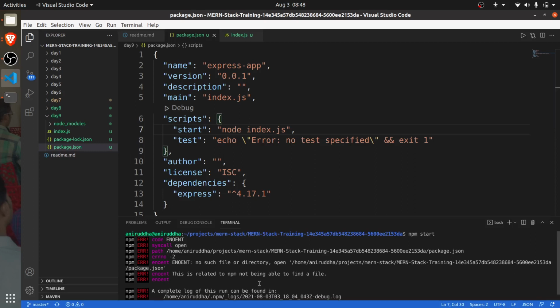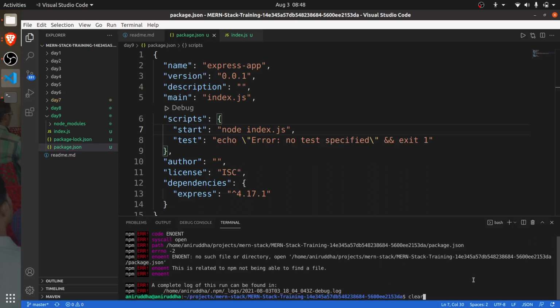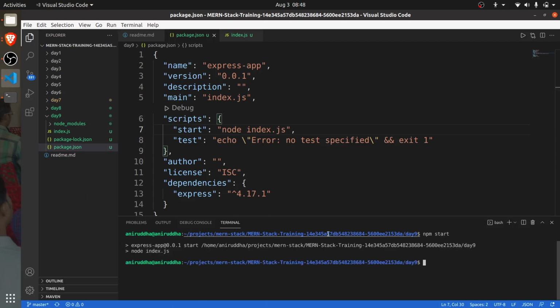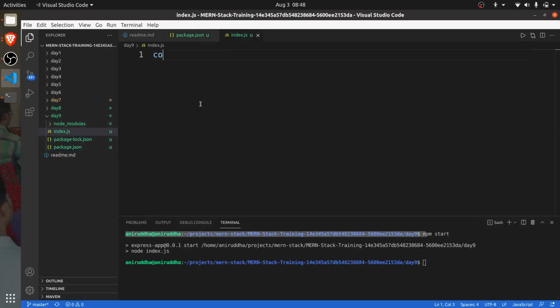Oh, we are not in the folder. Sorry. cd day 9. npm start. See, can you see when you say npm start, your npm start command has mapped to which internal command? node index.js. Can you see here when you hit npm start, your node index.js is working.